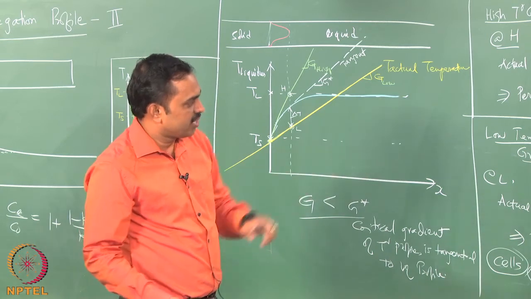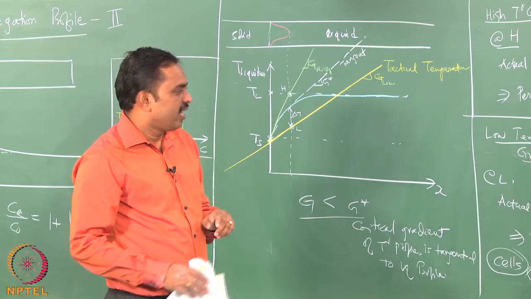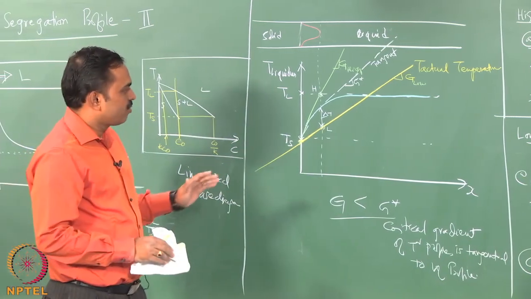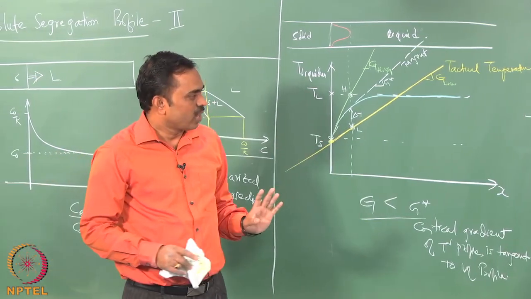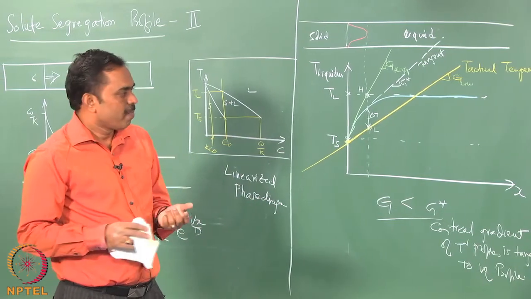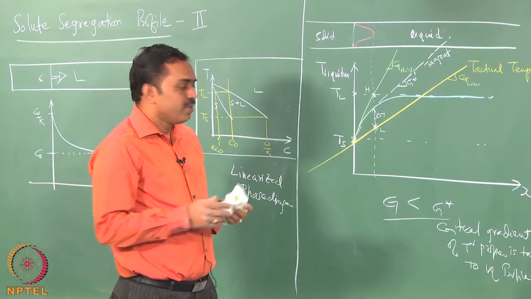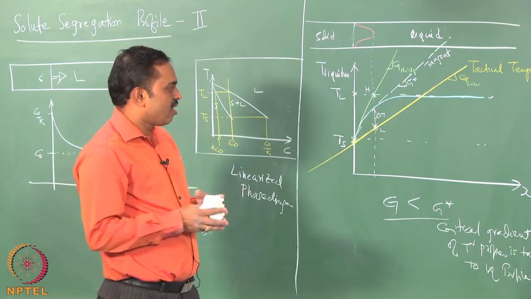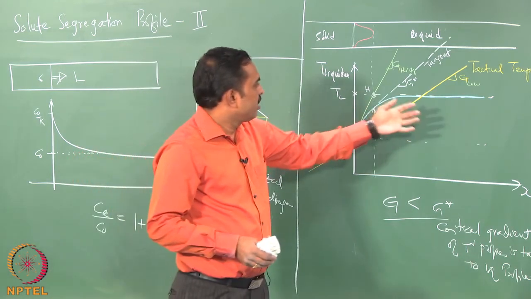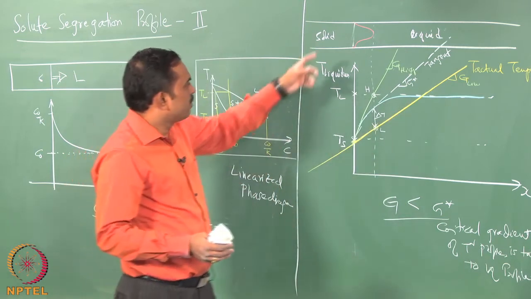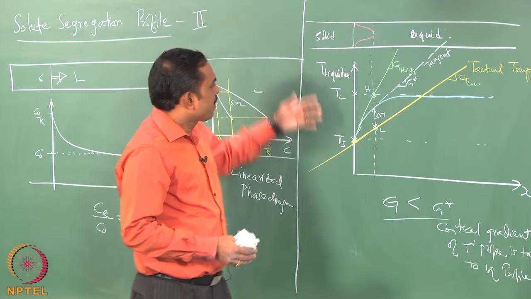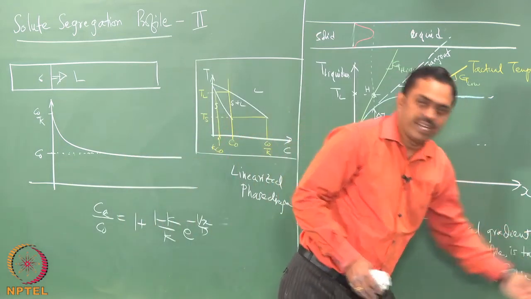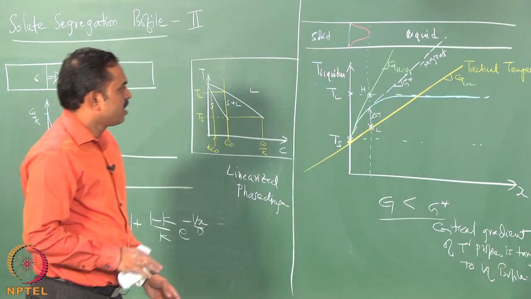So, you can inspect this relationship with respect to all of them, and then attempt the assignment problems, and you would get an idea of how this can be interpreted. And I will also show you some videos of a real time visualization of the solidification under these conditions, and you would get an idea of how the microstructure is evolving and what I actually mean by perturbation, and what it means to say a flat interface growing or an interface that is growing as a cell or a dendrite. So, I would show you some videos which I